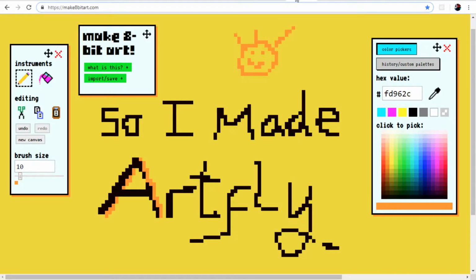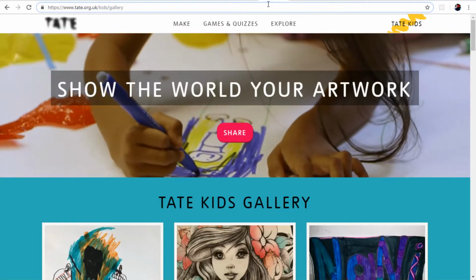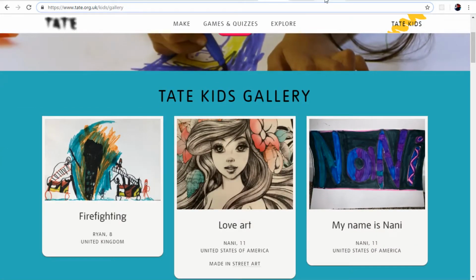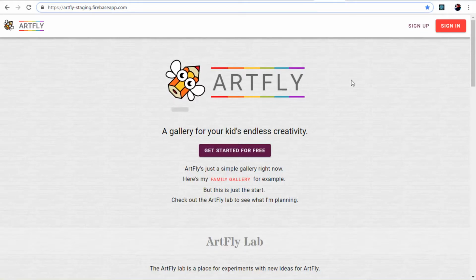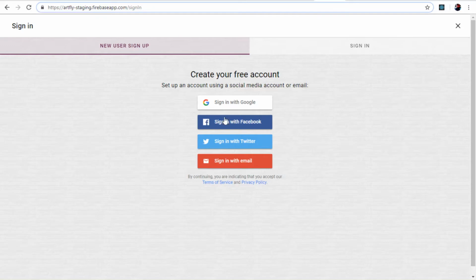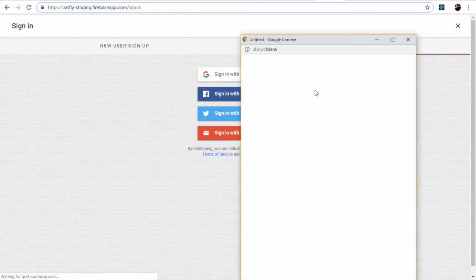So I made ArtFly. So what I want to do is combine the control you get with Google Photos with the celebrating it and showing it off of the Tate Kids Gallery type thing. So here's ArtFly. This is what I've done. You can either sign up just with a Google or Twitter account, or just with an email. And once you have an account, sign in,